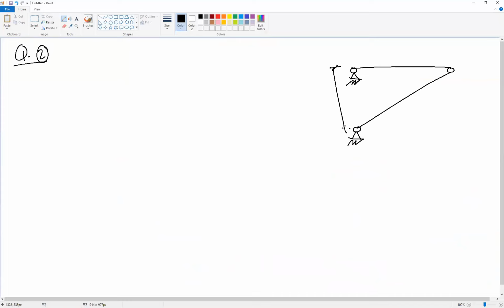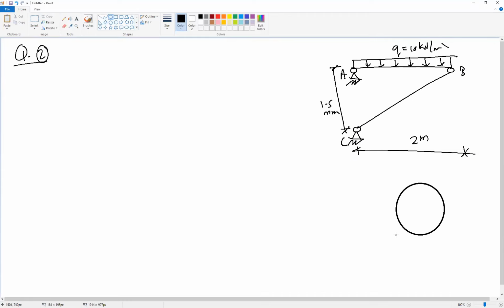The height of this beam is 1.5 millimeter, and the load we have is Q equal to 10 kilonewton per meter. This member A, B, C. The span of this beam is 2 meter. And as we mentioned, the cross section of member AB